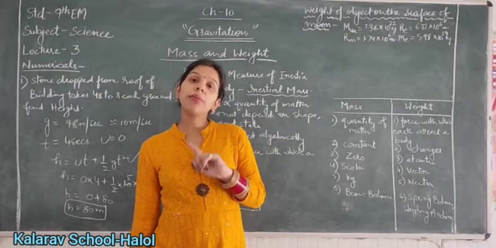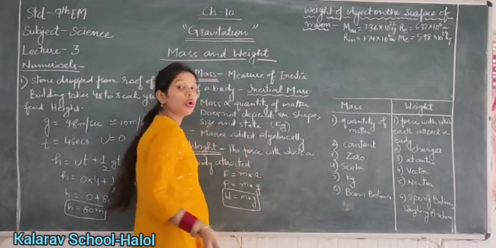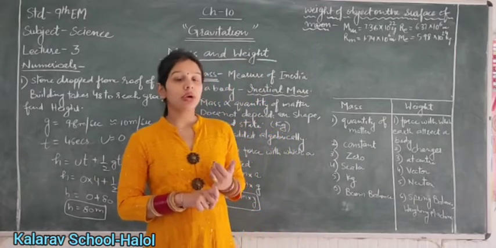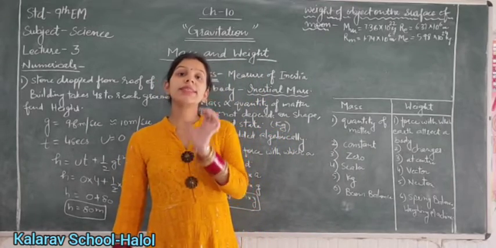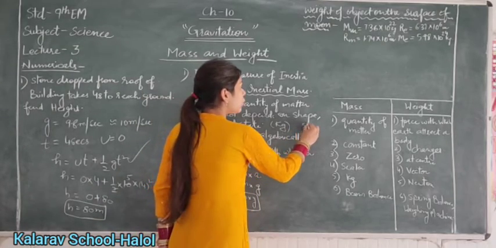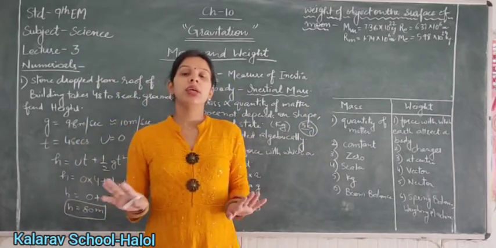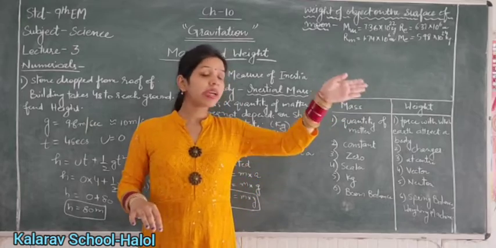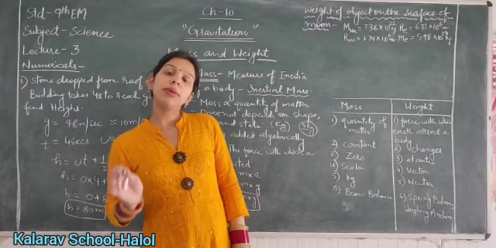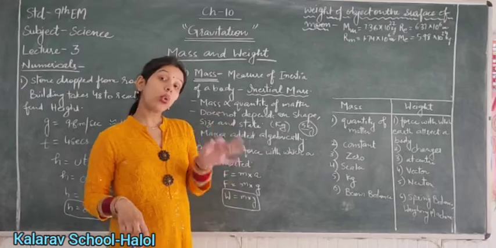The unit of mass is kilogram, as we all know. It is 5 kg, 4 kg, 8 kg. Mass is a scalar quantity. Scalar quantity means we only deal with the magnitude of that mass. That is, we are only concerned with the 5 kg. It does not matter whether it is 5 kg in this direction or 5 kg in that direction. Mass can only be a scalar quantity.